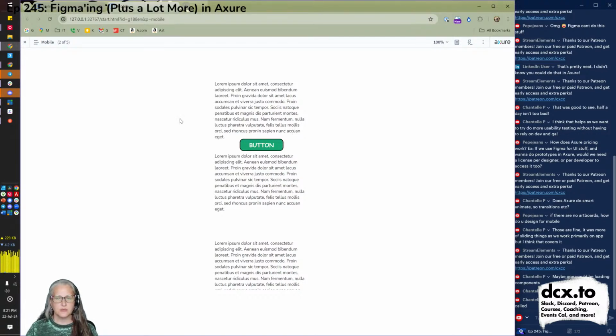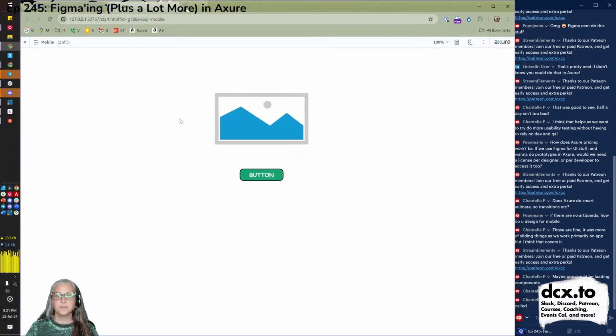Let's see if I can do it. There we go. I pretended with my mouse that I swiped on that area, and that gave me the next window in what would be some sort of mobile thing. In the old days, we used to put a picture of a phone here, and people interacted with this in a web browser, pretending it was a phone, or you can actually pull up Axure prototypes on your phone.